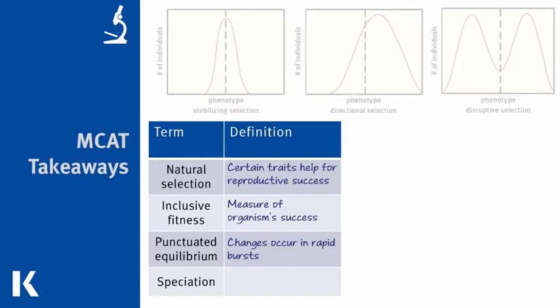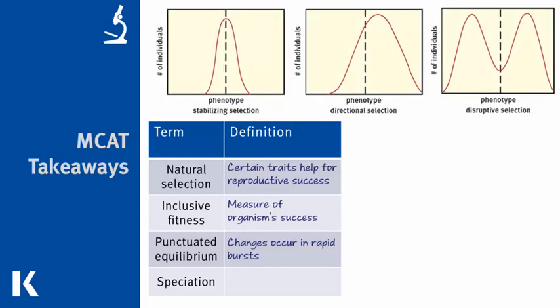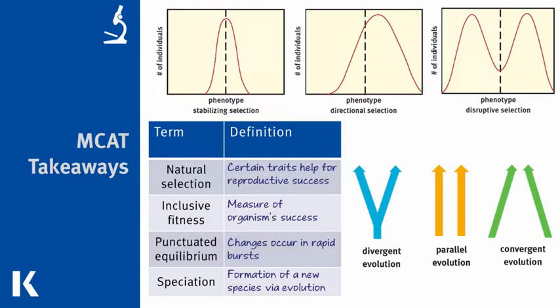rapid bursts. We saw the different modes of natural selection and provided examples for each: the preference of the normal phenotype of mid-size height plants in stabilizing selection, the increased prevalence of the extreme phenotype of long giraffe necks for directional selection, and the occurrence of both extreme phenotypes of large and small flowers in disruptive selection. We also looked at speciation, which is the formation of a new species through evolution, and looked into how reproductive isolation occurs. Finally, we explored the different patterns of evolution, and looked at each in regards to common ancestors and